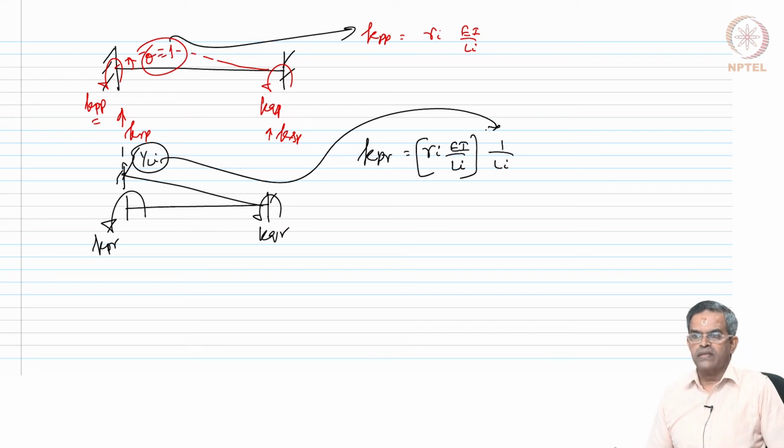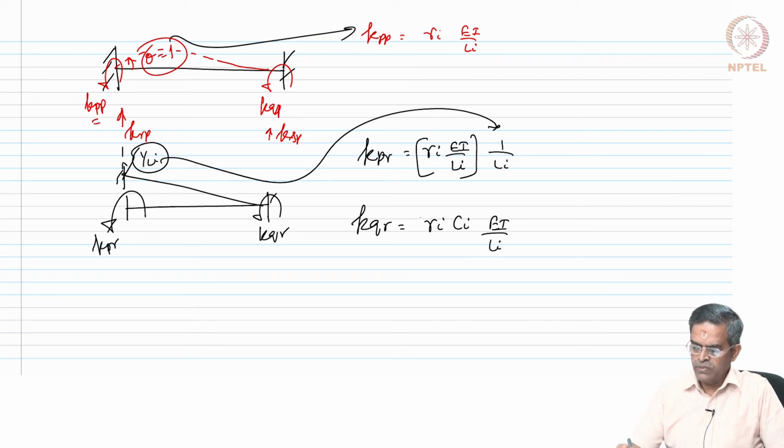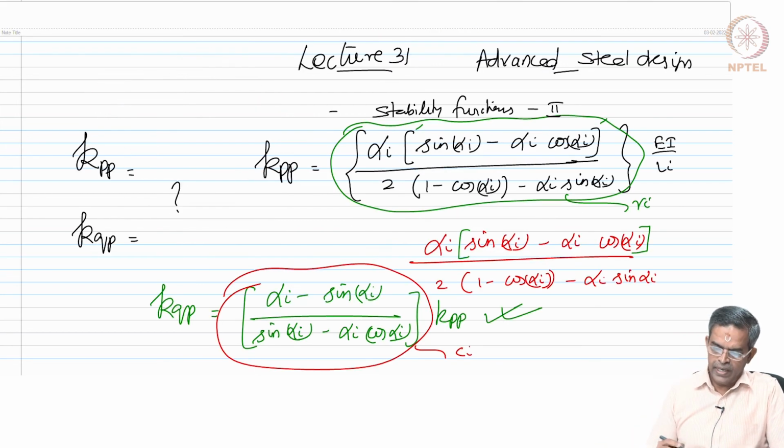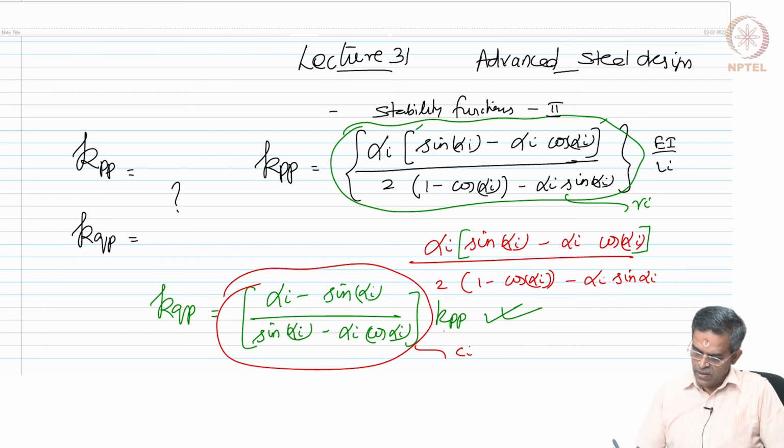This is only for the jth end. Can I write KQR as Ri Ci Ei by Li times of 1 by Li, because KQR we already have here. KQR or KQP is